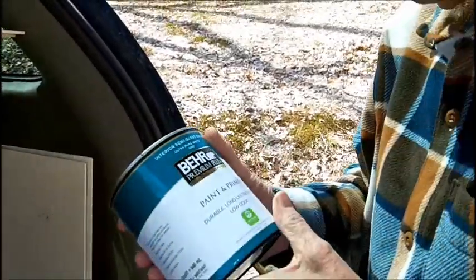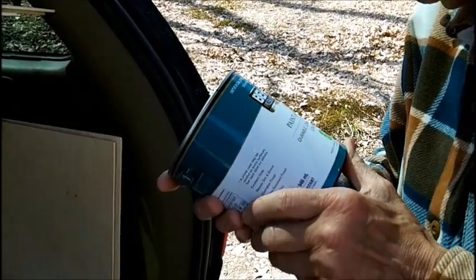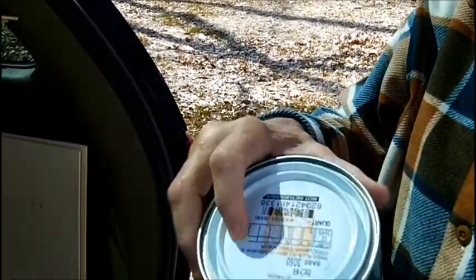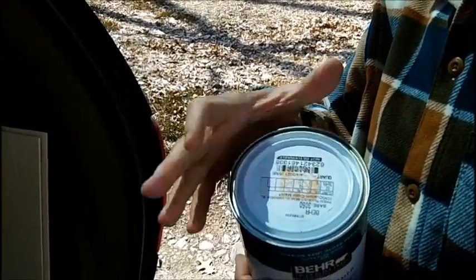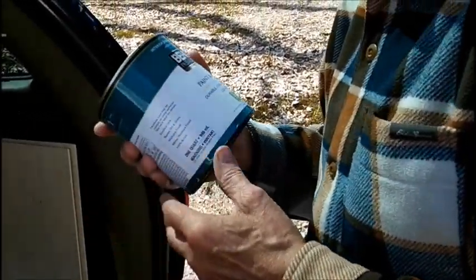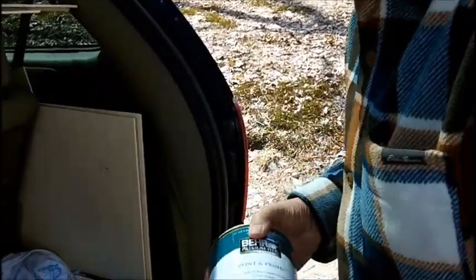And then I had a can of interior semi-gloss enamel mixed on an off-white to match the paint, to match the tub surround, which used to be white, but it's a little off-white. So I bought a sample of plastic over there, and they put it through the scanner. So I got that,